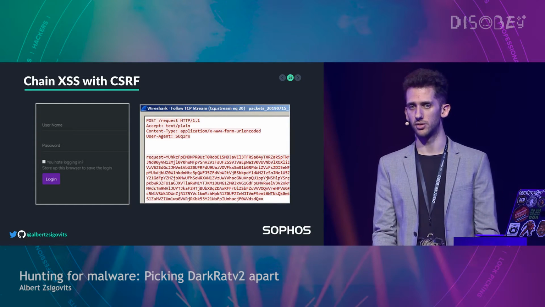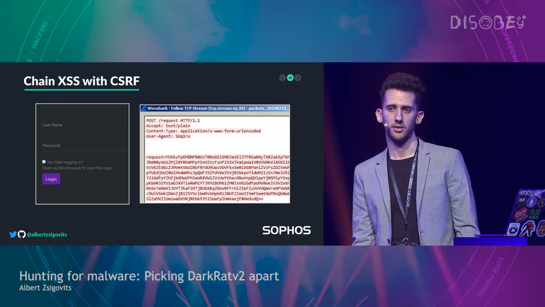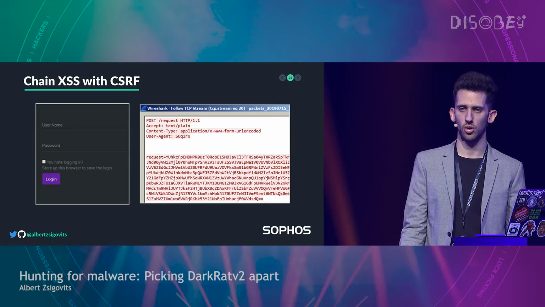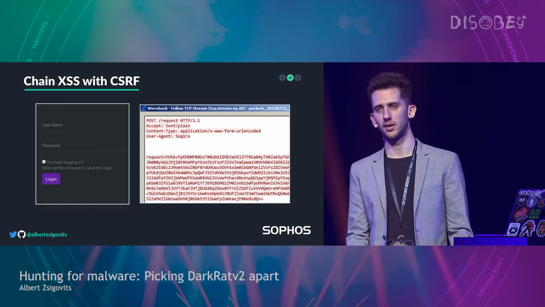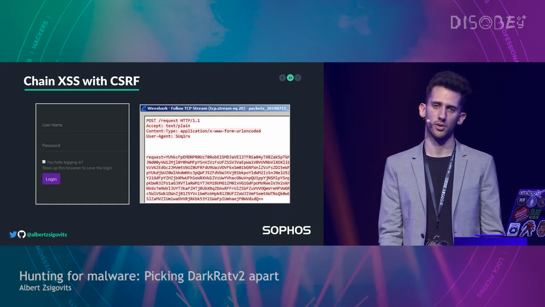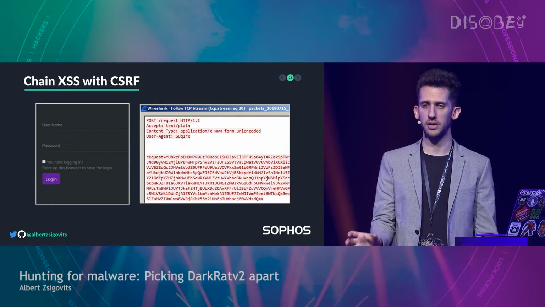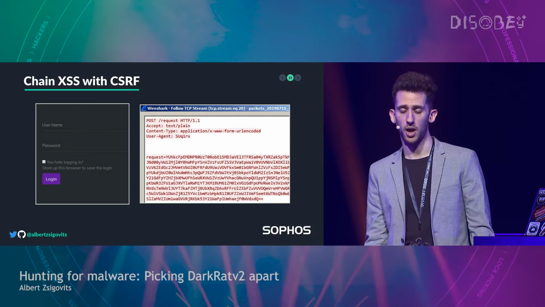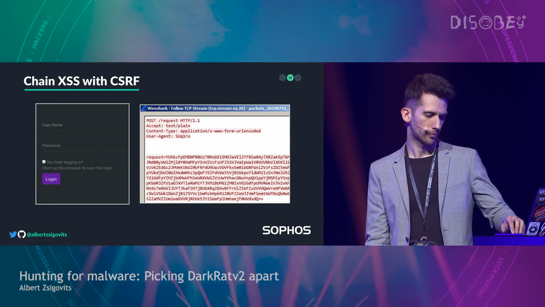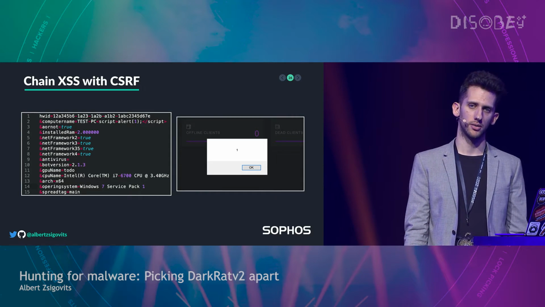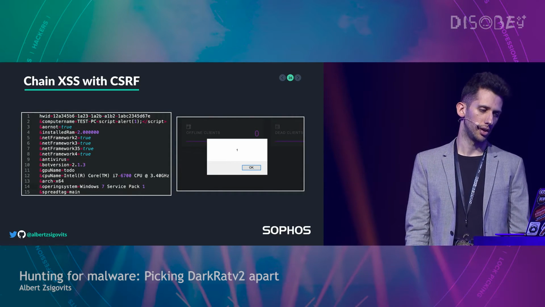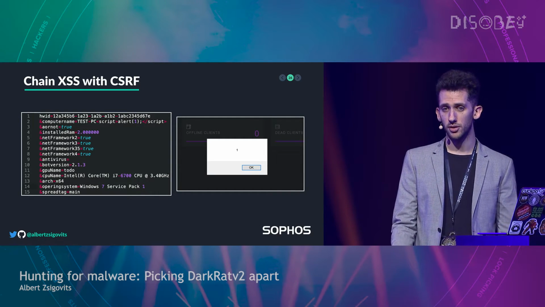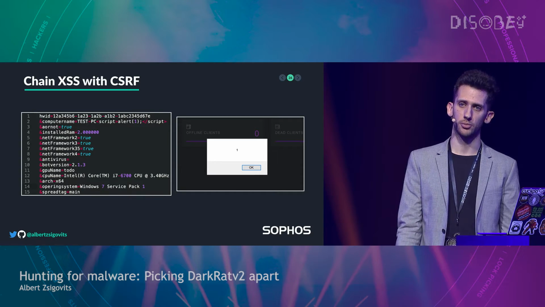Obviously, they come with some sort of username and password login, and there's a way to circumvent that. On the right side, you can see a screenshot that shows, once a machine is infected, the kind of C2 traffic that would be sent to this server. It contains this request parameter, and as you can see, this is a base64 encoded blob. Upon decoding this base64 blob, you would get these parameters. As you can see, it collects, for example, the computer name, GPU name, and CPU name from the machine.